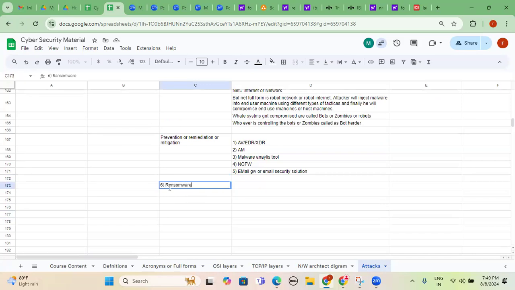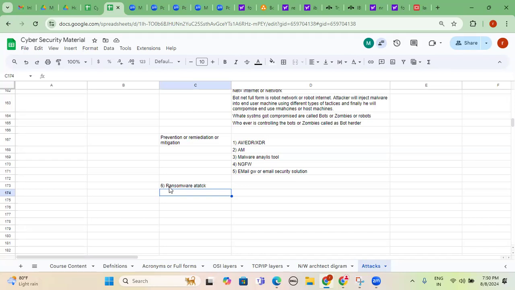Here we go. It's one of the dangerous attacks from 2017 to date. There are so many ransomware category attacks that have happened from May 2017 to date. So what is meant by a ransomware attack, first of all? It's a malicious software program code, obviously. The attacker will inject that malware into a targeted machine based on recon or selection of the target. And finally, as per the cyber kill chain process, he will compromise, exploit, install, and finally make sure he has command and control.